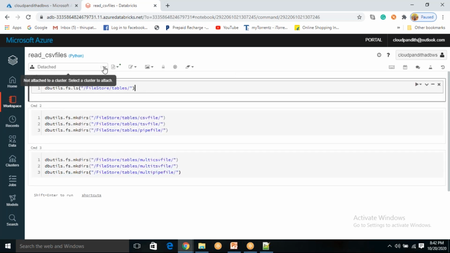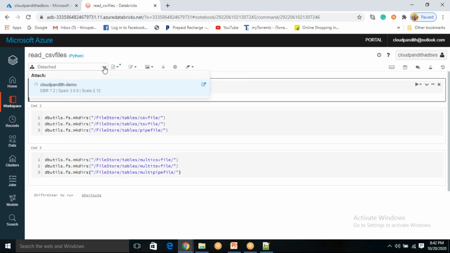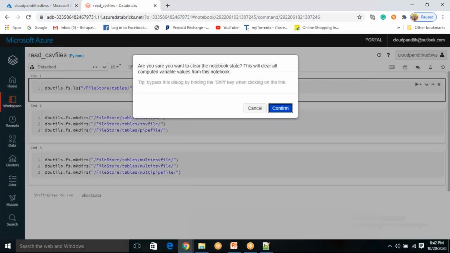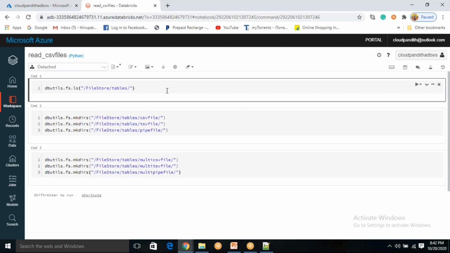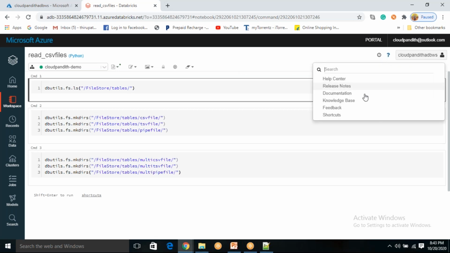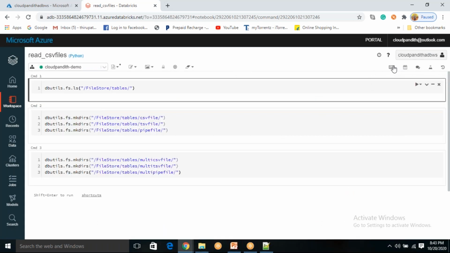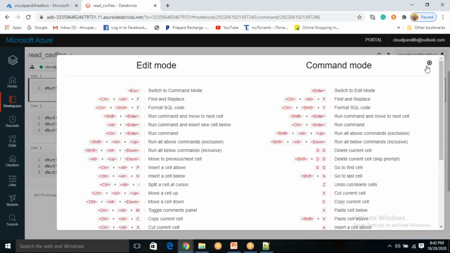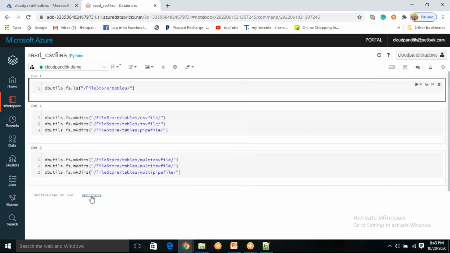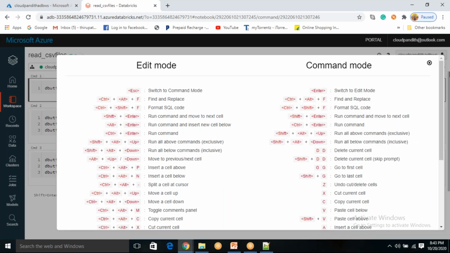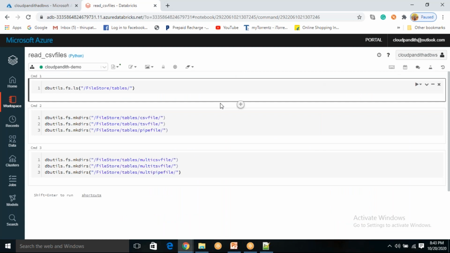Okay, first let's see whether the cluster is up or not. So the cluster is still creating. Let's wait. See, the cluster is up now. Let's first try to execute our first command. What is the shortcut? There are three ways to identify the shortcuts. Just click on this question mark, you can see shortcuts, that's one way. The second one is to click on this. The third one is here, you can see shortcuts. So there are three ways you can identify the shortcuts.